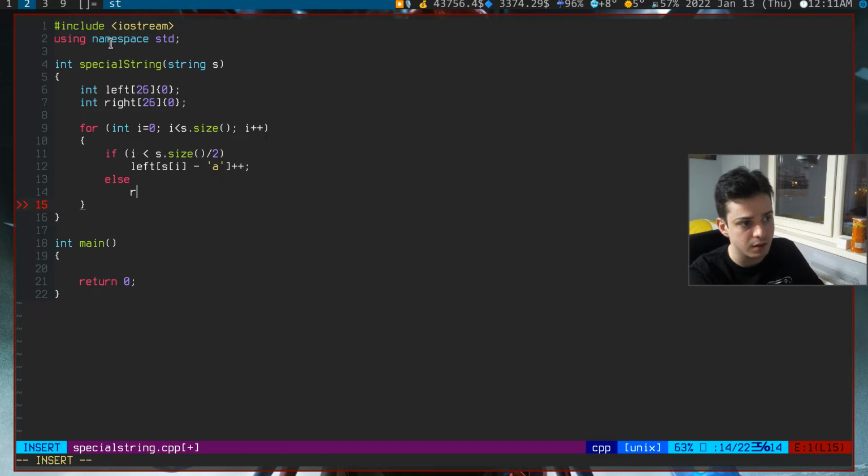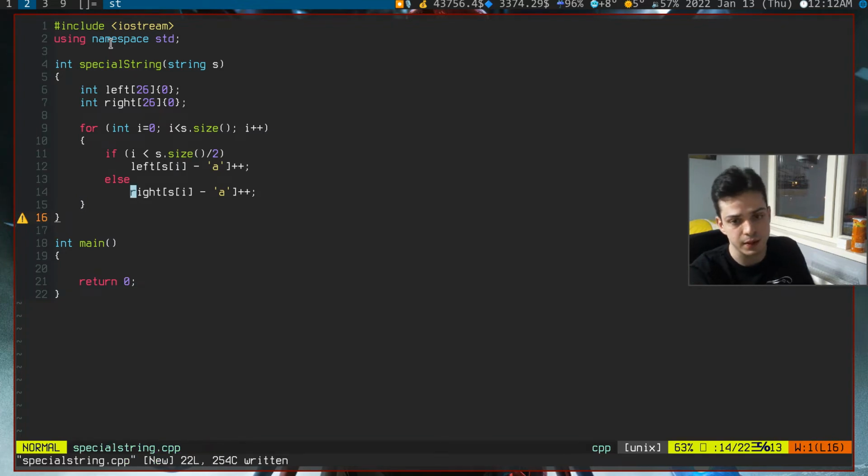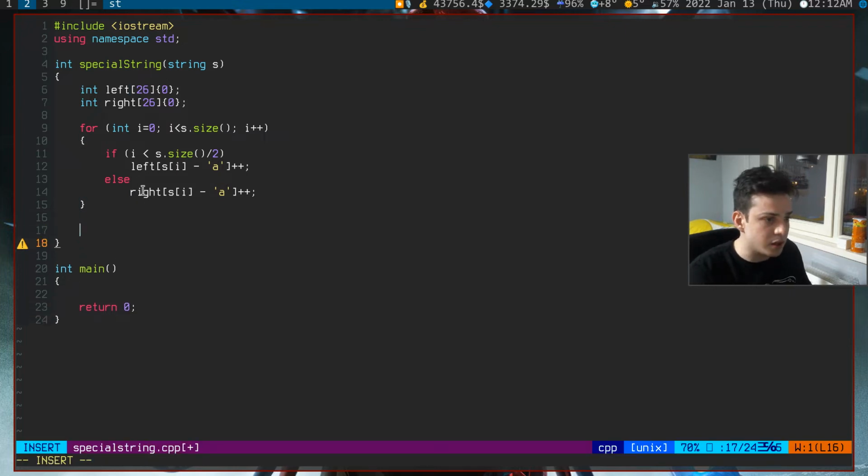Else, we are going to increment right of s[i] minus 'a'. So why did we do this? It's actually pretty simple. Since this is an integer value, and we know the base value of the small alphabet starts from small a, we need to subtract it to be able to put it in this array.